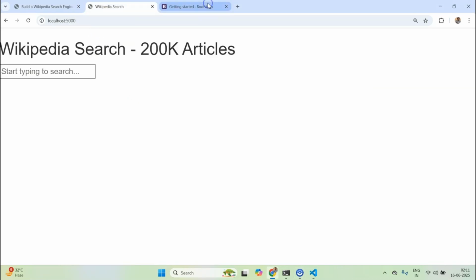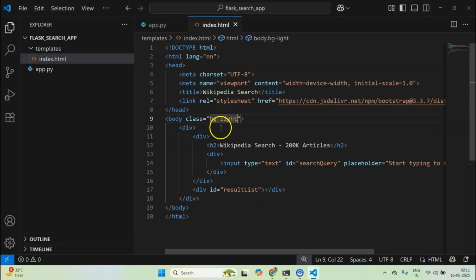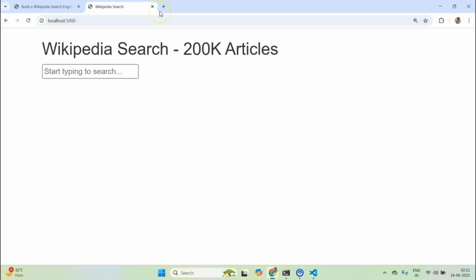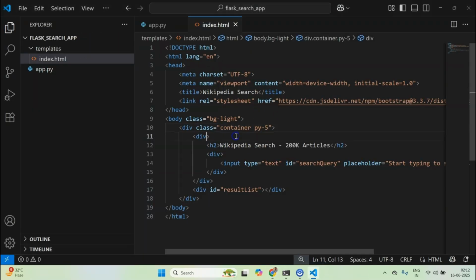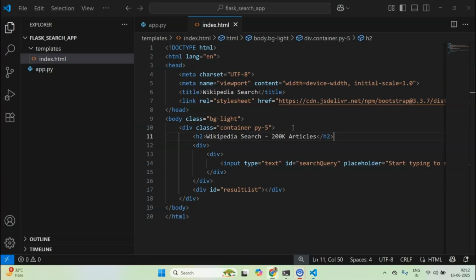Okay, now for the top level div, I'll define a class of container, and padding of y, let's give it a padding of y of 5, and let's reload it. Okay, so we can clearly see something is happening inside the div which holds the input. Or maybe I can bring it outside this. Okay, let's reload it. Okay, no effect.